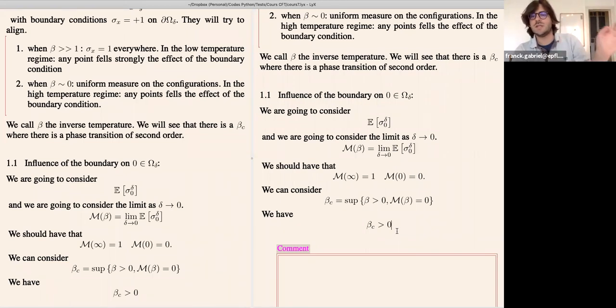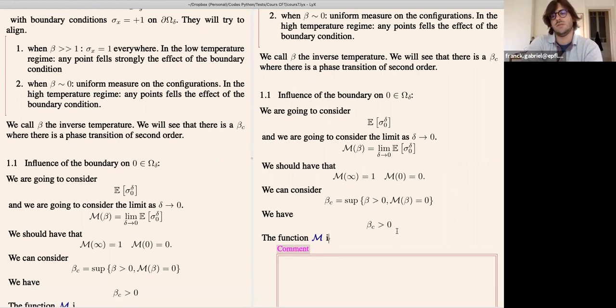Now the question is, when you are at beta c, what is the value of m, and when you are just above beta c, what is it? What happens is that we don't jump. The function m is continuous. So this is what we call a second phase transition, and let me draw actually what it looks like. The function m is,